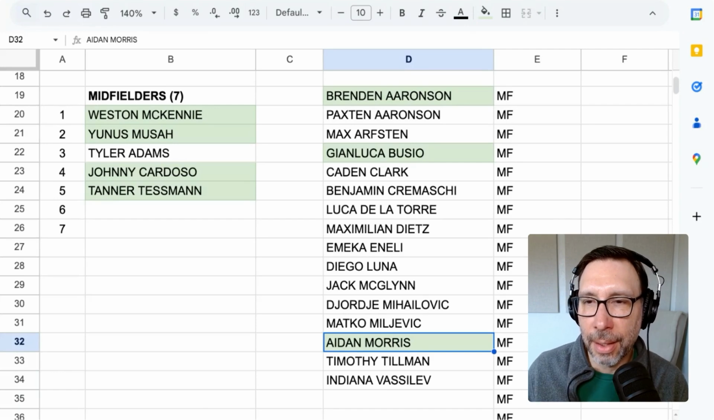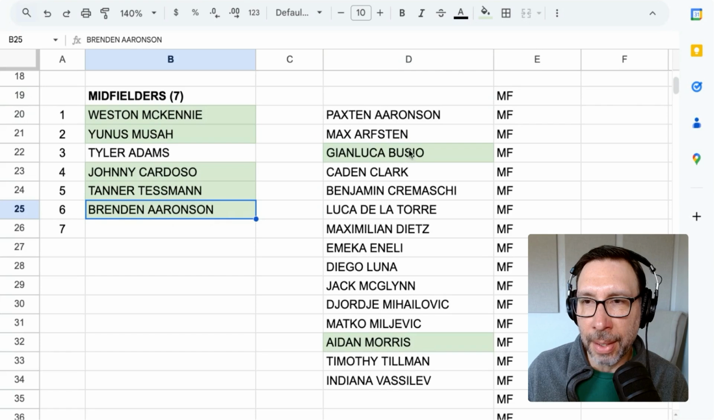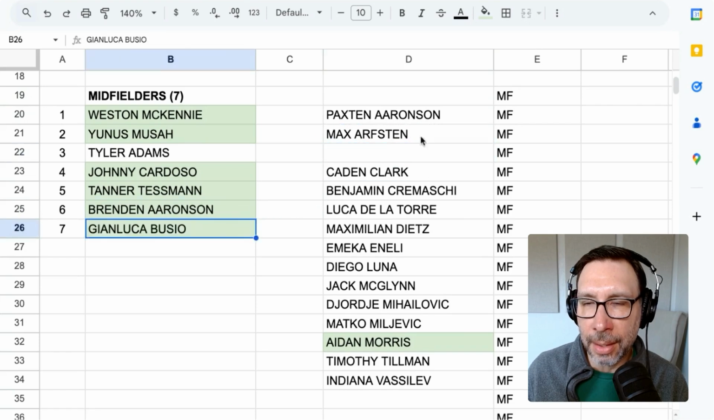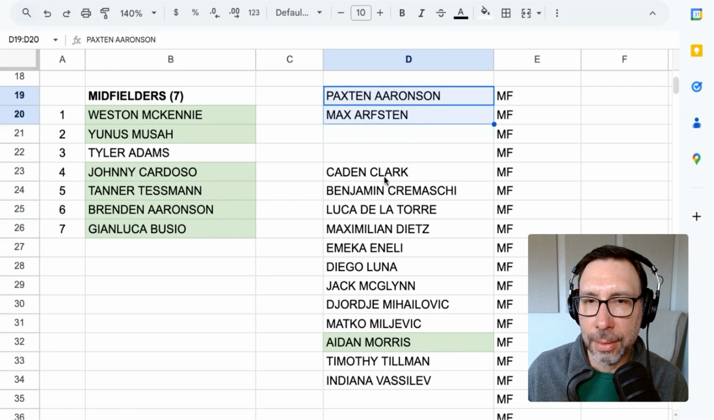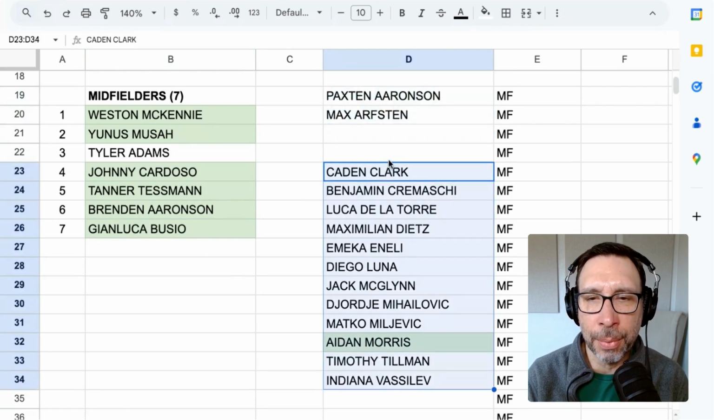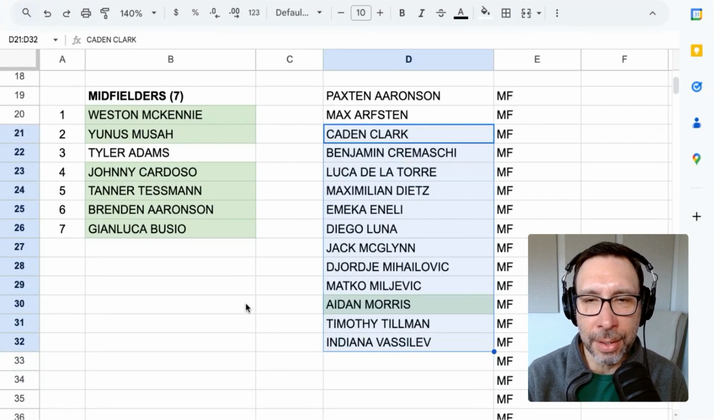I think, as I'm thinking about it, I want to pull in Brendan Aronson, and I want to pull in Gianluca Buzio as my guys. And I just think that Brendan Aronson is such an important squad player because he can fill in so many different roles for you. He's a good presser. I think Pochettino likes him, and Pochettino's consistently brought in Buzio as well. And so that's the 7 guys I have: Weston McKennie, Yunus Musa, Tyler Adams, Johnny Cardoso, Tanner Tessman, Brendan Aronson,